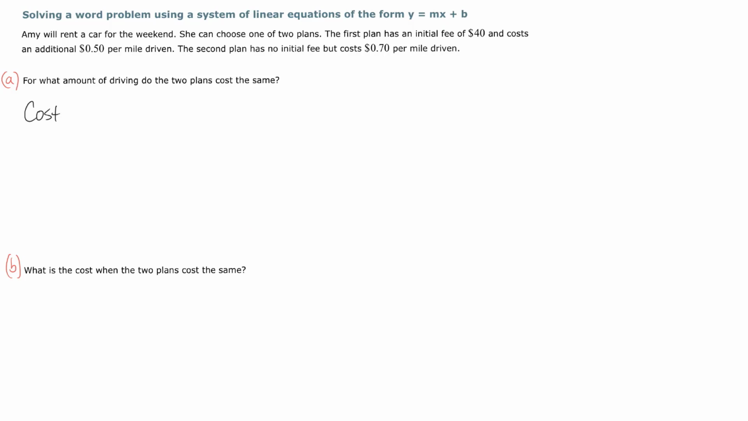The cost of a plan is the letter capital C. Let's say the number of miles driven is lowercase x. So we really have two different functions here. We have two cost functions. We could say